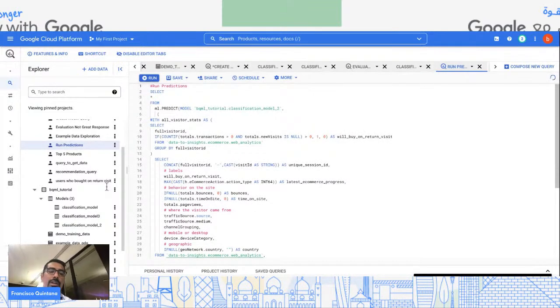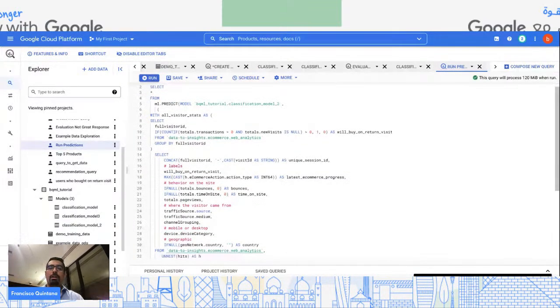So this is great. The final thing I wanted to show is how you do predictions. Very simple. You just do ml.predict. You point to the model you want to use. I want to use classification model number 2 because model number 2 performed better than model number 1. And then I just write